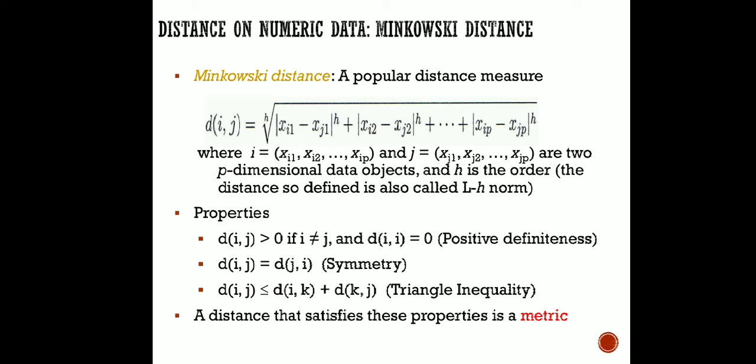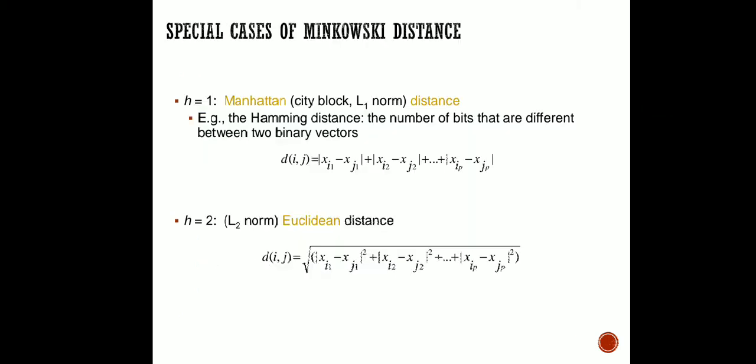So we can see how this formula can be used. You can see here whenever h is equal to 1, that distance is called Manhattan distance. If you remember, we have used this distance parameter to calculate the Hamming distance. In networking we have learned how to calculate the number of bits, how it is varying, and what are the erroneous data that my receiving end has received. So if we have to calculate Manhattan distance, in the previous Minkowski distance formula we are going to put h equal to 1.